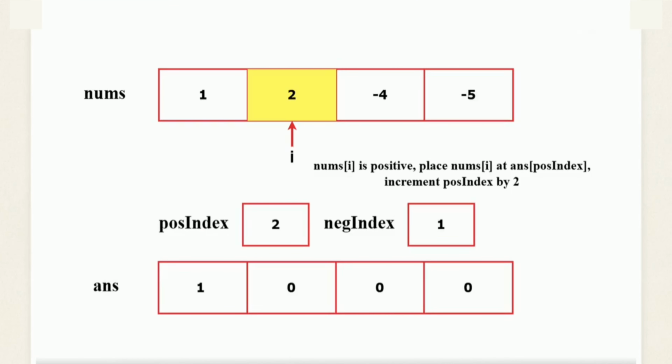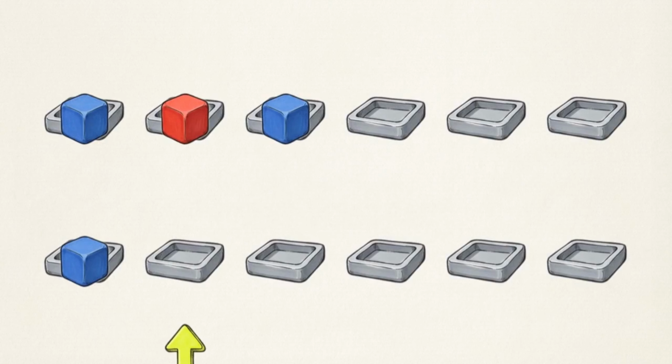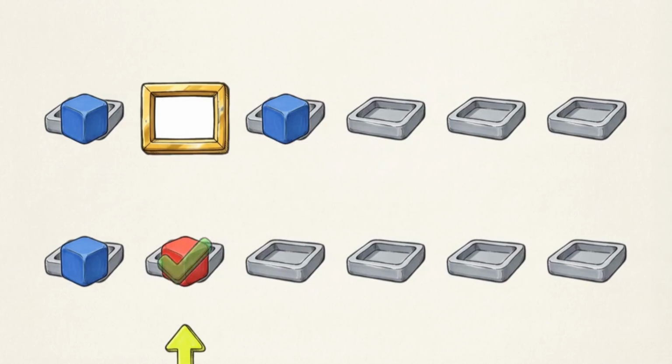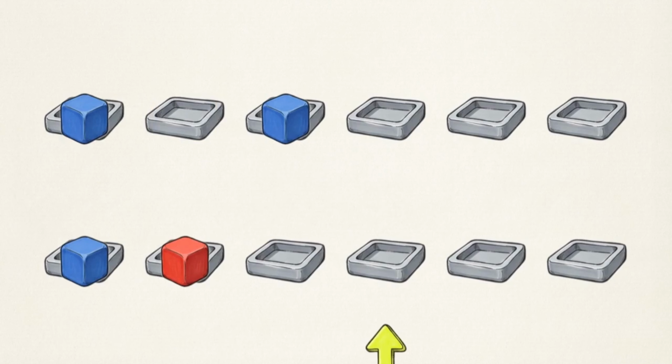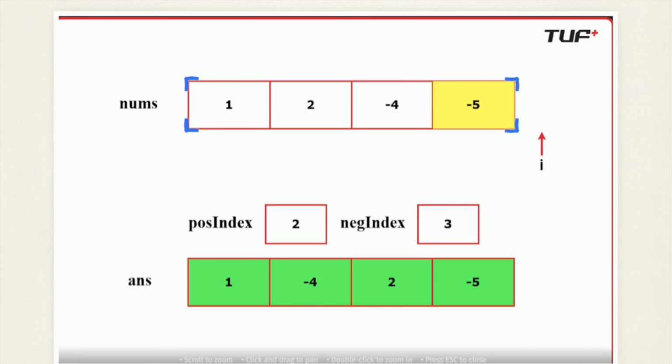By moving ahead 2 spaces at a time, we ensure that every positive number lands on an even index, leaving the odd-numbered slots empty and ready for our negative elements. The negative numbers use the exact same placement logic, but they execute on the odd indices using the negative index pointer. We find a negative, place it, and increment by 2. By the time we finish our single pass through the original array, we have woven the elements into their correct